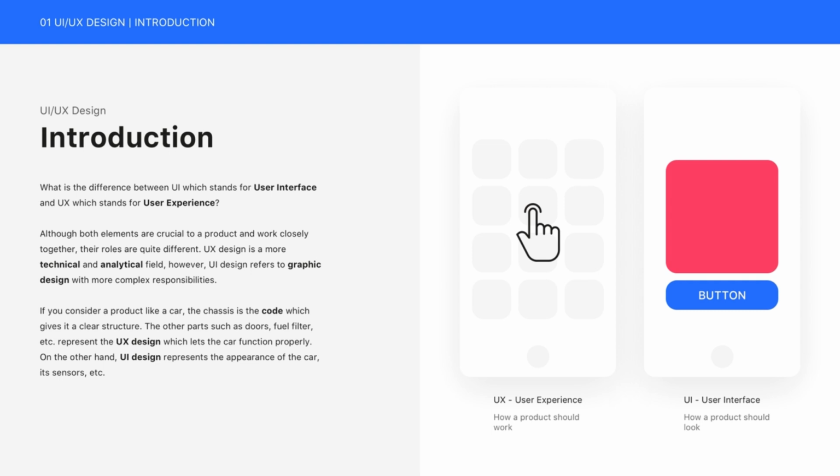As you can see in the pictures, we have two different screens. The left one shows us how the product should work. For example, suppose that you have a screen with two buttons and two text fields. Okay? The UX shows us how these buttons should interact with the user. And the right picture is all about user interface, and it shows us how the product should look. For instance, here we have a button and a square. The UI